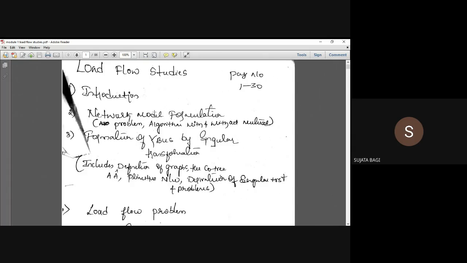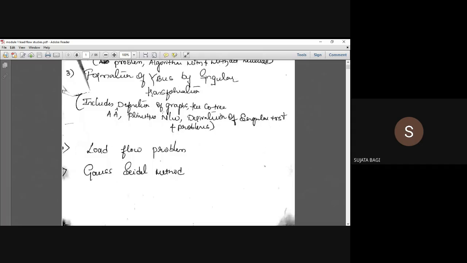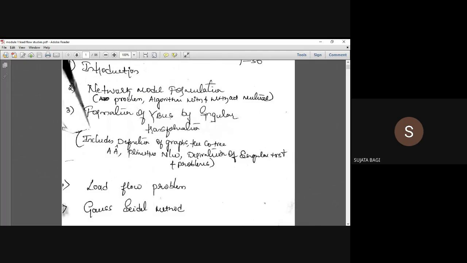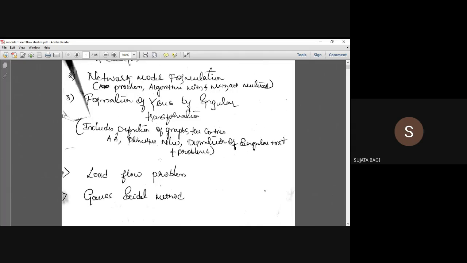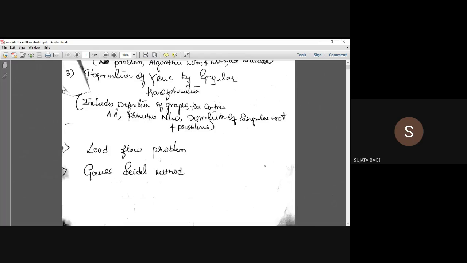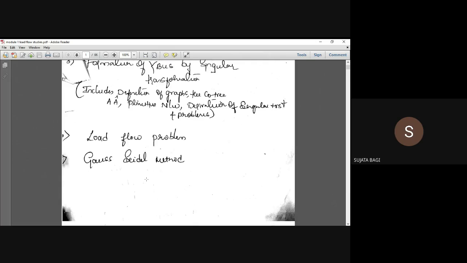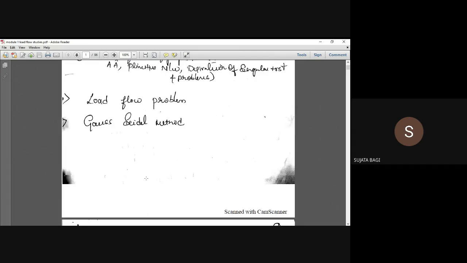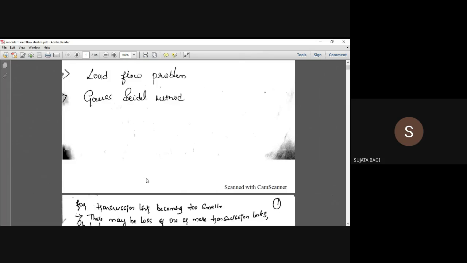In this network model formulation, we'll understand what is power, real power, reactive power, how to write current, what is impedance, what is admittance, and how to specify the same in terms of matrices. And here we study singular transformations and primitive networks, the basics. With these basics, we'll go for different load flow problems. Those problems we understand through different methods, like Gauss-Seidel method, Newton-Raphson, decoupled, fast decoupled. Module 1 and module 2 are combined here. Combined in the sense they have differentiated, but it is continued. Whatever we study in module 1 is continued in module 2. And these are all basics here.